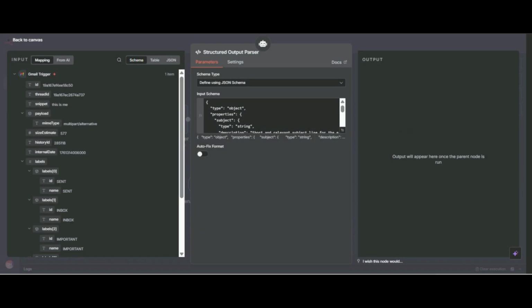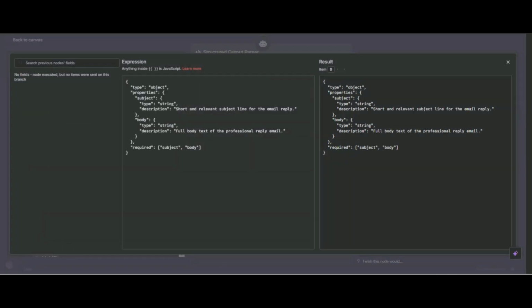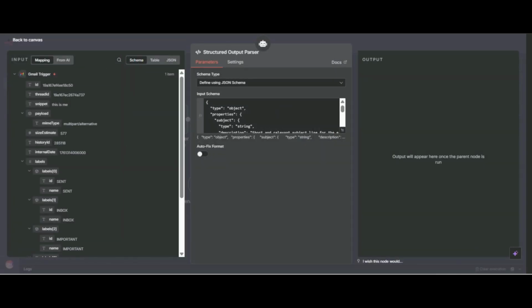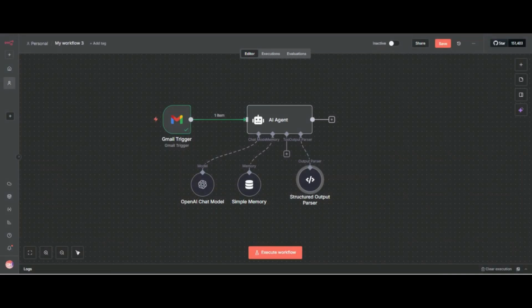JSON is also a coding we use, and this is an advantage because sometimes, as you can see, we need a structured output format. If we do not provide this option, we will not be able to do this. So now I have added my structured output parser. I will click on save.